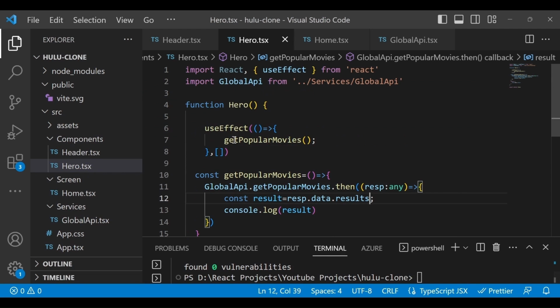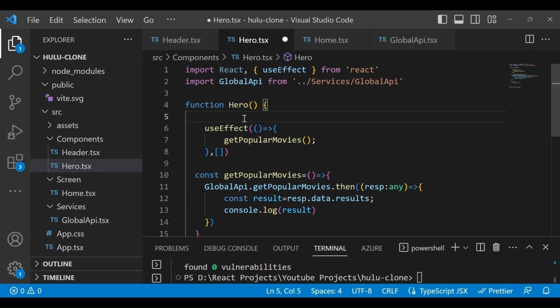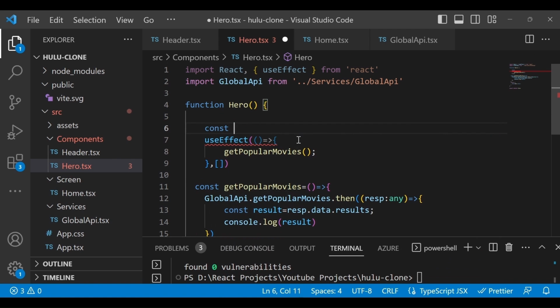Now you have to store it somewhere so that we can use it in this component. So we define one constant where we will use useState, the same way we used it for toggling the menu.